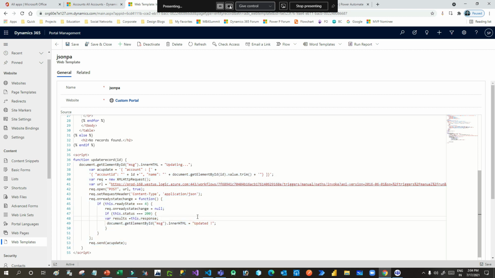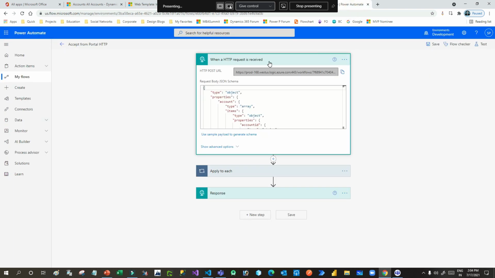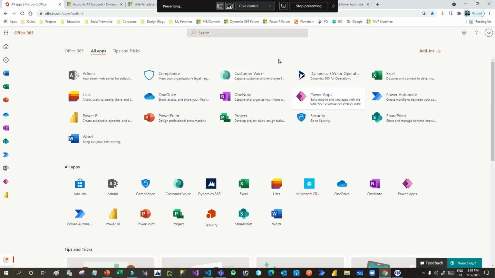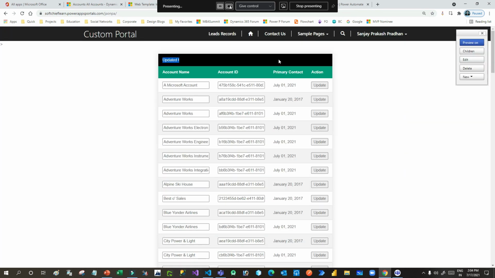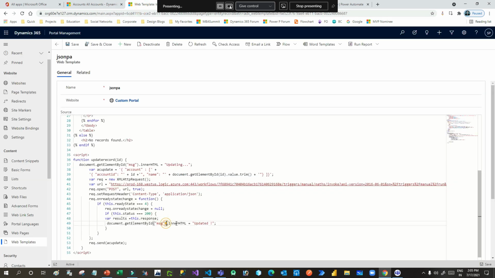But if you want to capture the response, let's say here I have just displayed. If you go here, can you see that it just displays updated, but it is not displaying the response that is received from Power Automate, right? So to do that, you have to change your inner HTML. I have just given it hard coded.